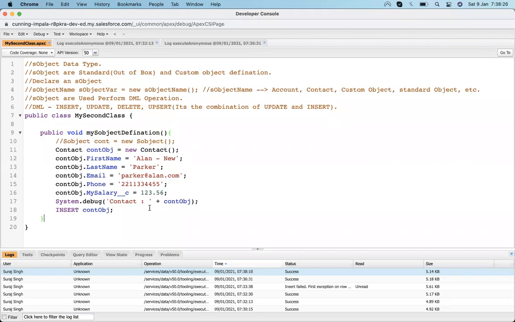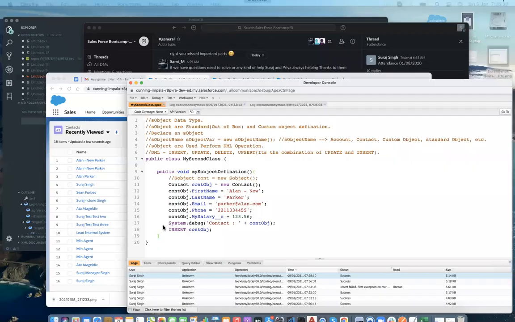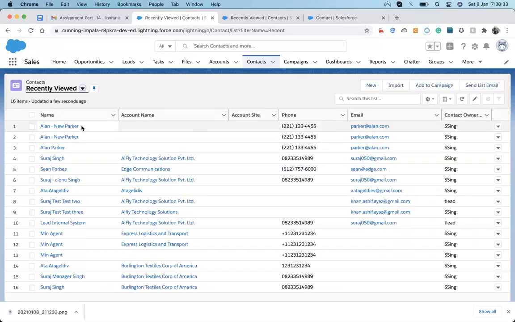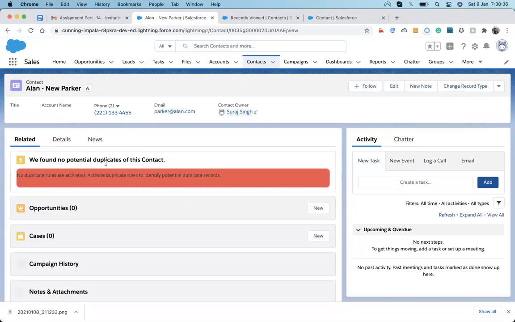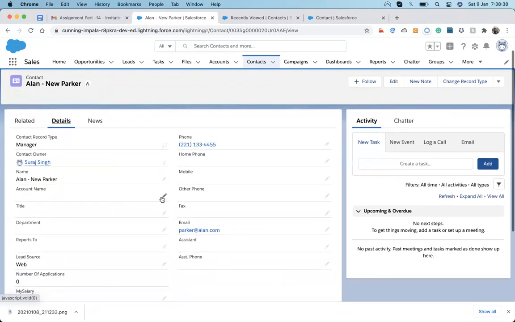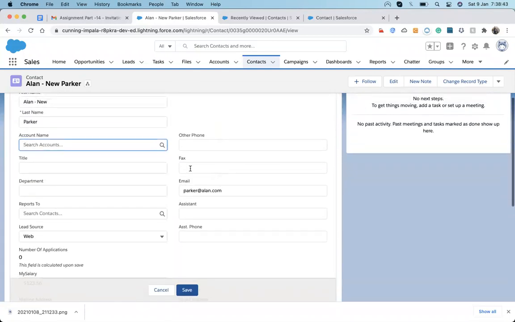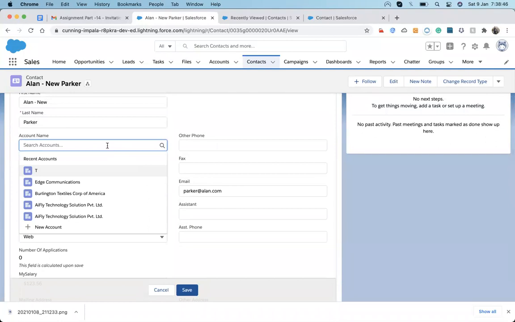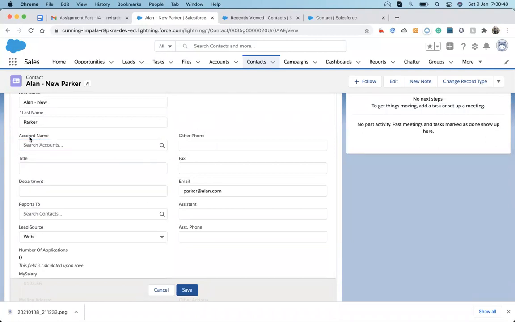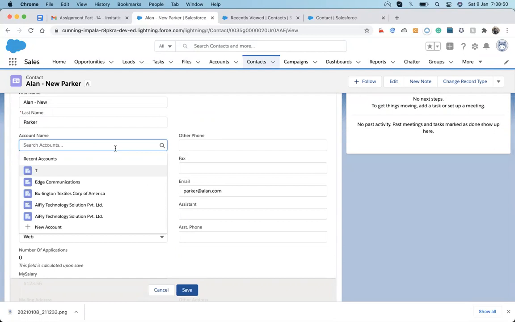Suppose we have a few more types of fields available up here. Sometimes we work with fields of other types, just like account, which is a lookup type. You know that this account field is a lookup type field, so we can't just go and write the account. A lookup type is treated as something different when we give it a value. Let me show you how it works.